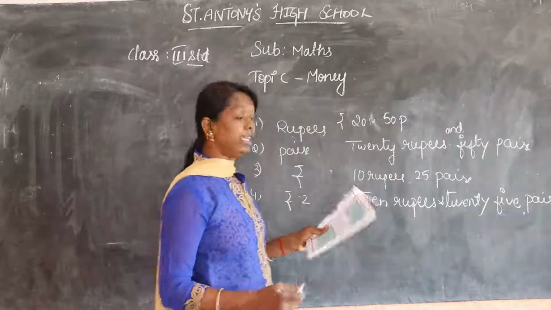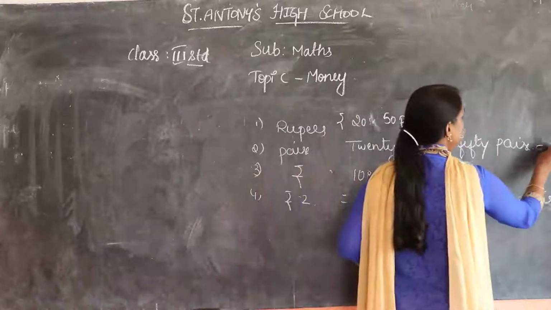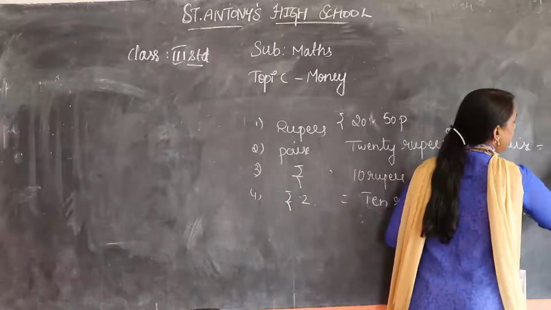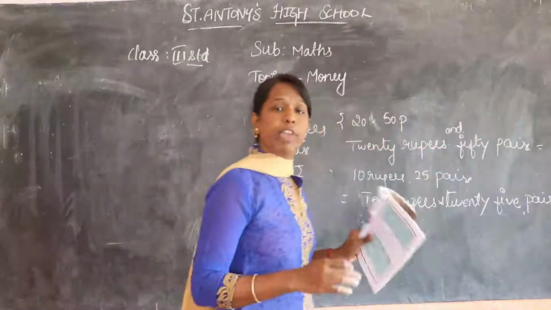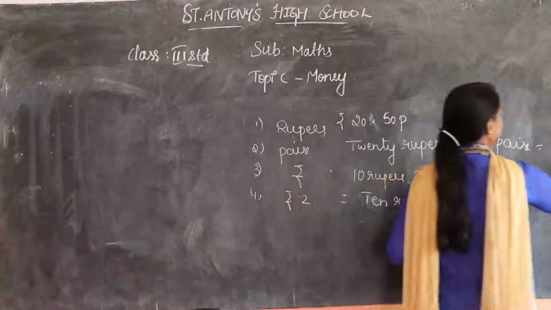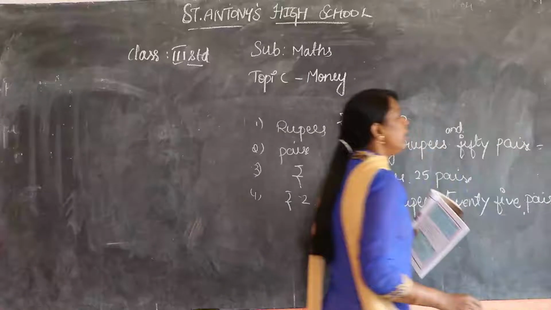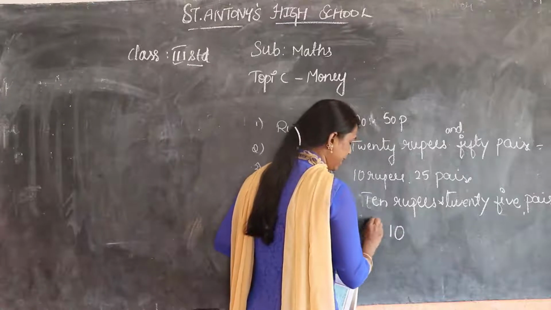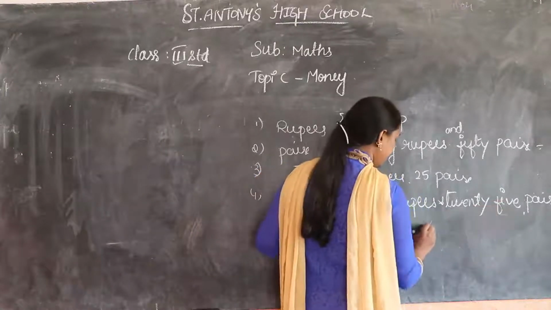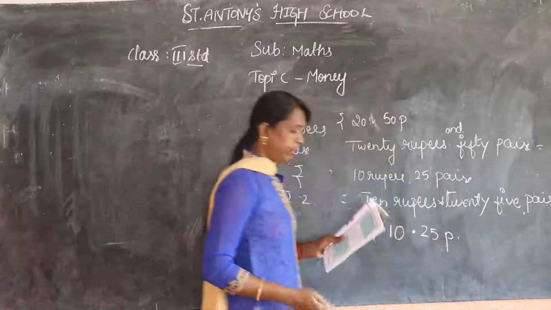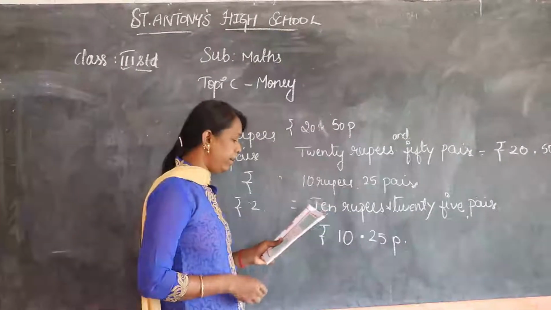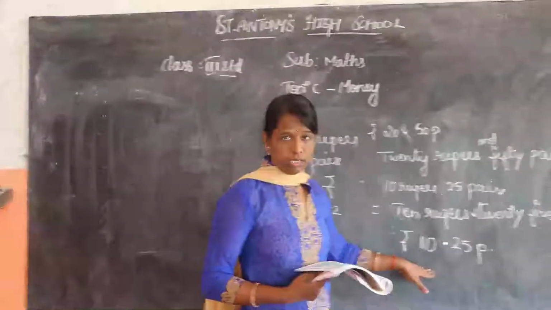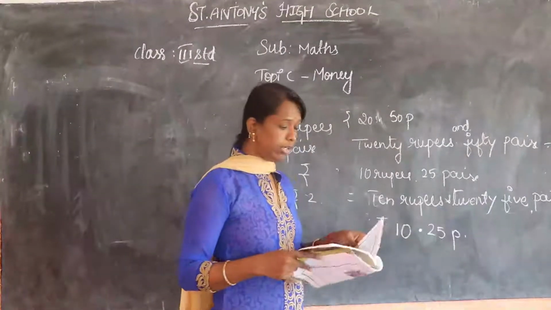So this one we have to write in numbers. Write down equals, write down the money symbol. Which one? 20 rupees. For the smallest unit, we have to write point and then we have to write the 50 paise. Okay. Next one, 10 rupees, 25 paise. Write down 10 rupees, 10 point 25 paise. For the paisa, we have to write P. Okay. And so, you have to convert words into the numerical form, and the numerical form into words.